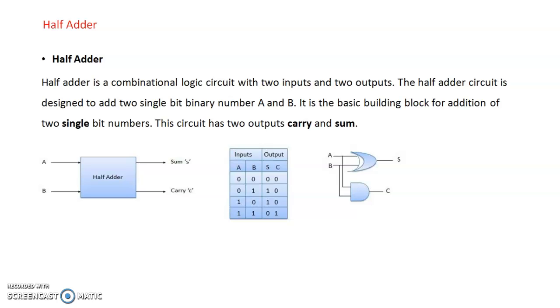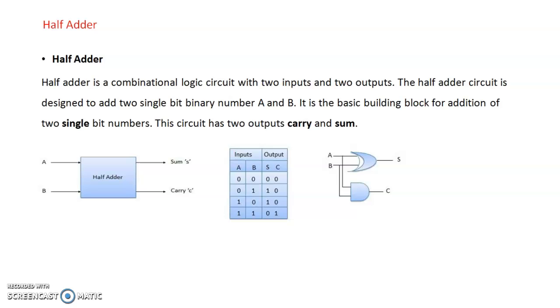And there are different examples of combinational circuits. One example of a combinational circuit is the half adder. So what is the half adder? The half adder is a combinational circuit. It uses 2 inputs and 2 outputs. So addition of only 2 single-bit numbers is possible with the help of the half adder. Using basic gates or universal gates, you can draw the half adder circuit diagram.